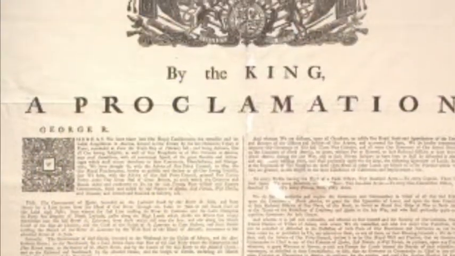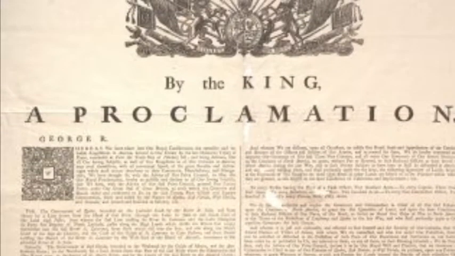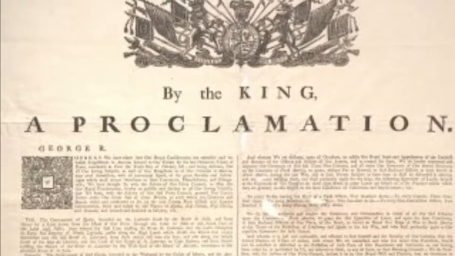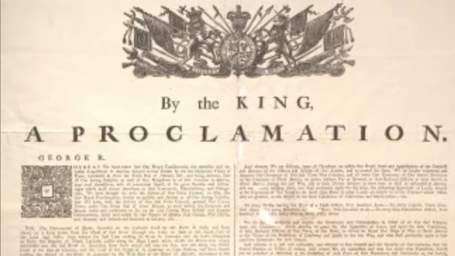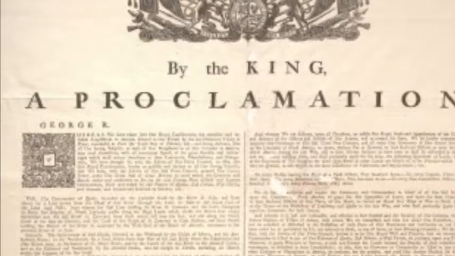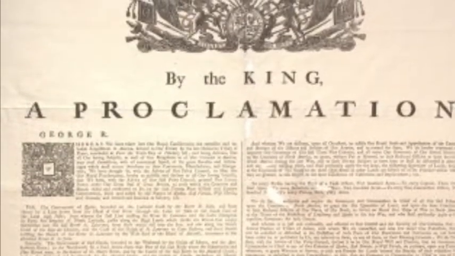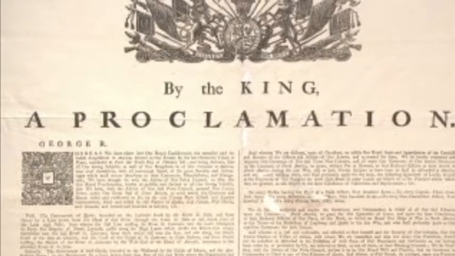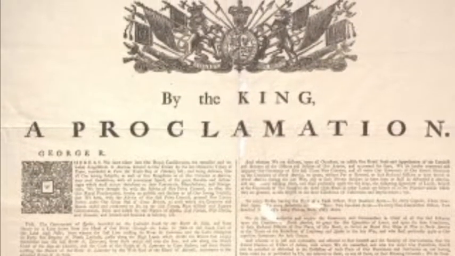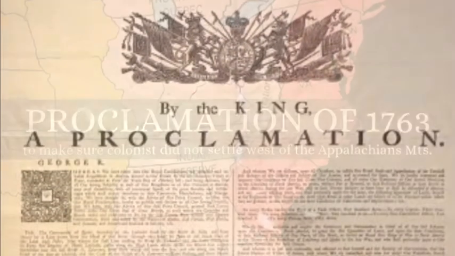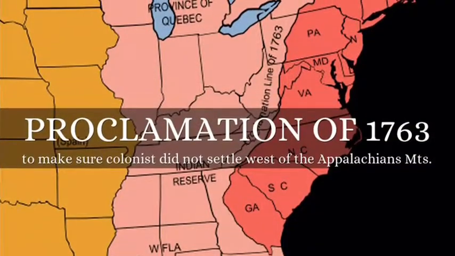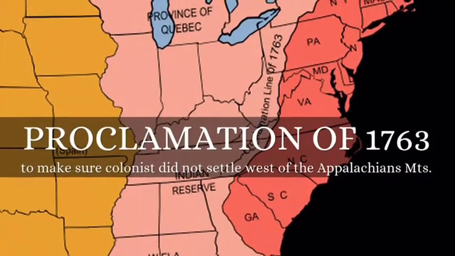After the war, the Proclamation of 1763 was passed. It was designed to keep the relations between the British government and the Indian tribes as peaceful as they could after so much war. It blocked off much land west of the colonies in the Ohio River Valley and land from the Ohio River to the Mississippi River.